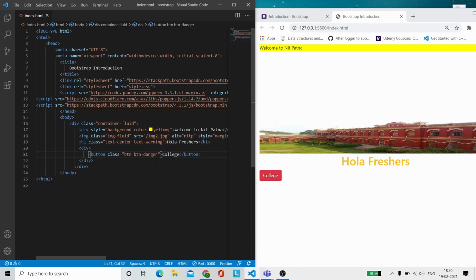So either you can do this, or if you want a button which is large, which should expand across the whole screen, then we just need to add another class, that is btn-lg. It will automatically become a large button. In the same way, if I want that instead of having a red color in the background, it should have a red color in the borders only, then I can give it btn-outline-danger.